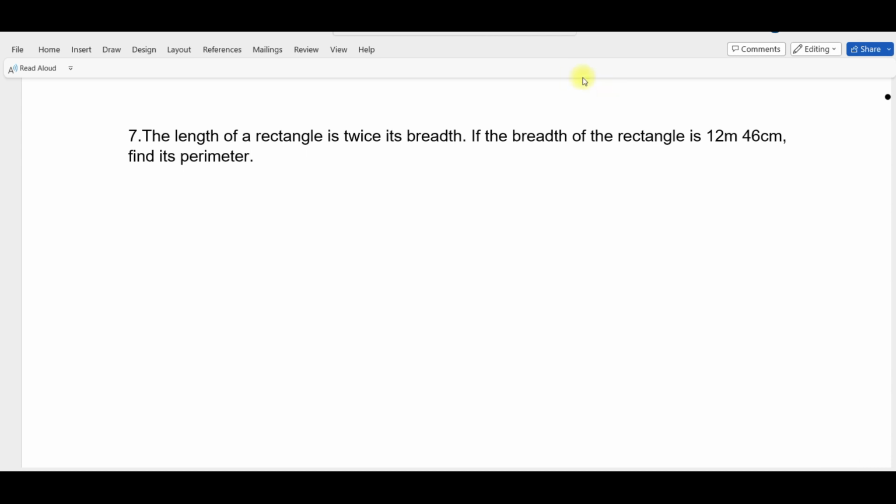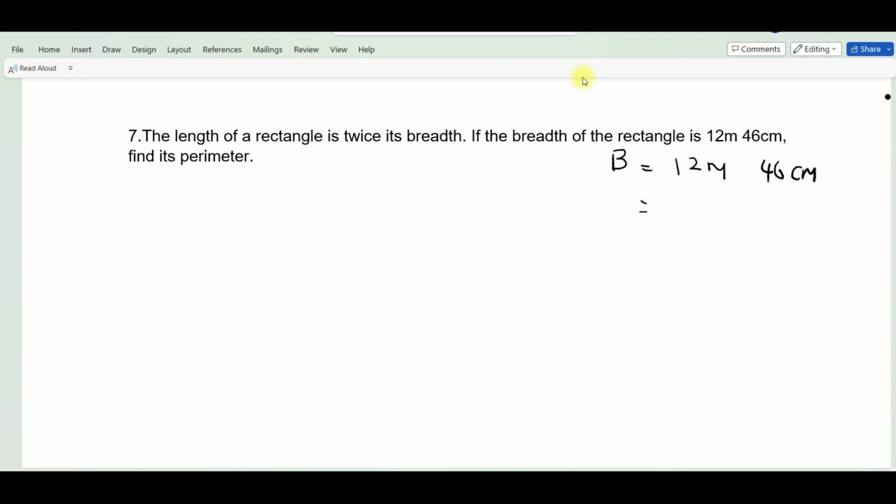They have given us what is the length and what is the breadth, and for the length they have given us a hint. So let us find out first. They have given us the breadth, that is, the breadth is 12 meters and 46 centimeters. So this is the breadth given to us. So let us